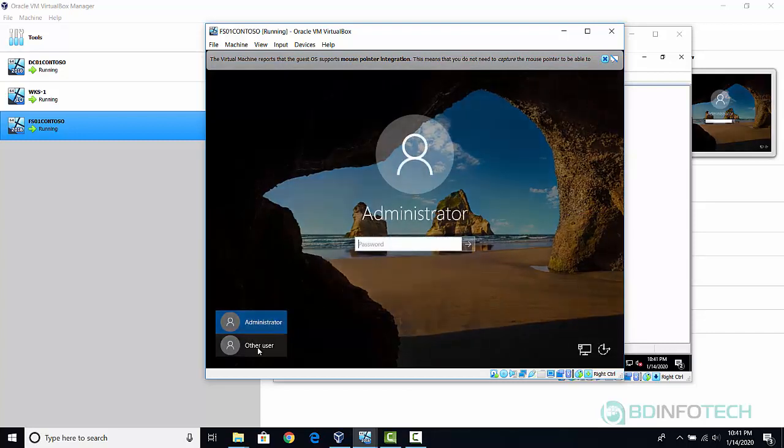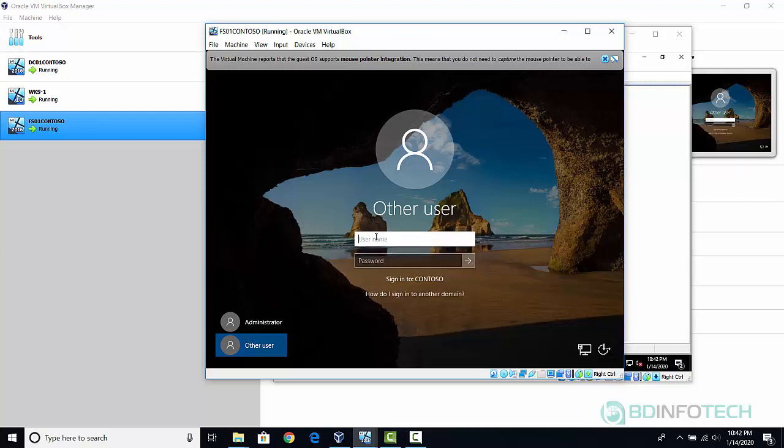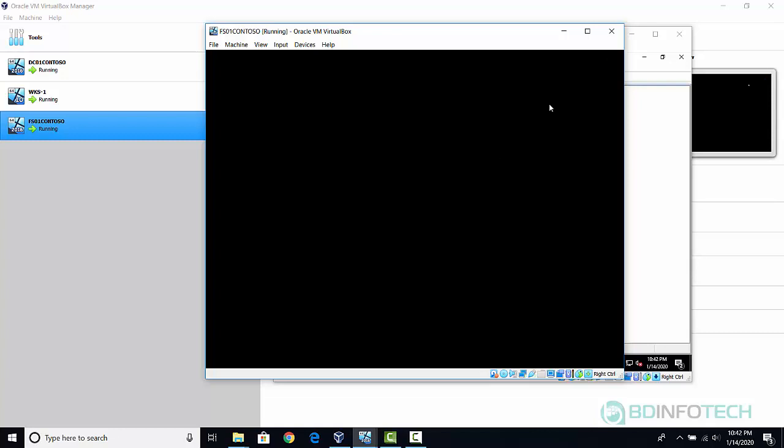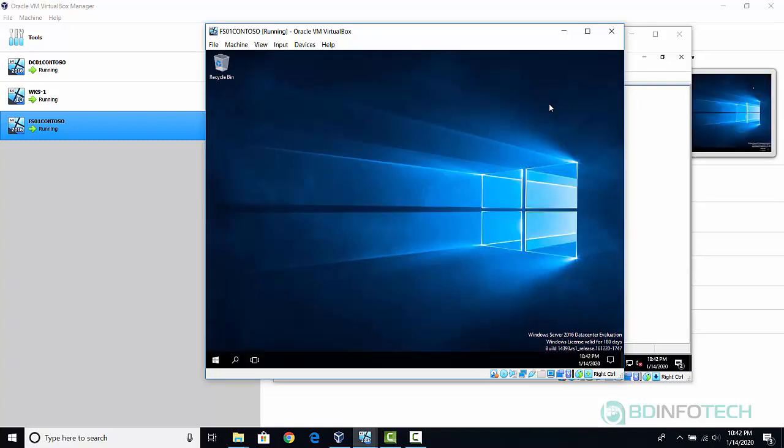We don't want that, so click other users, and Harry Potter would be the admin. Great, it worked. So now as soon as we get to the Server Manager, we'll check our computer settings to